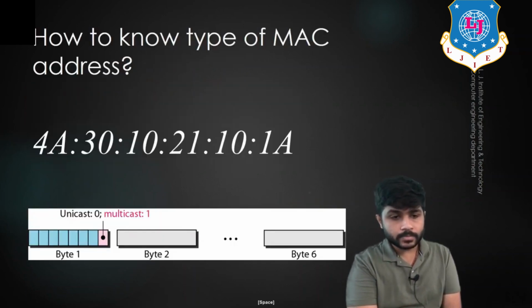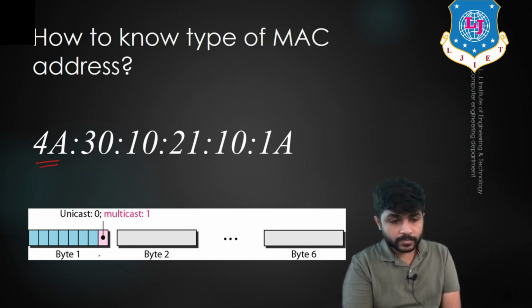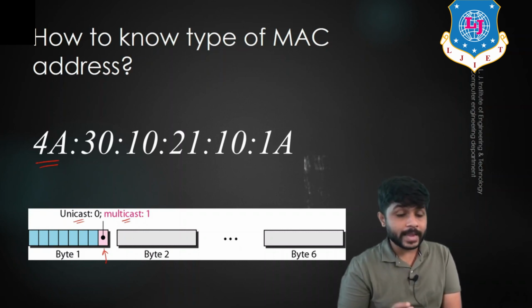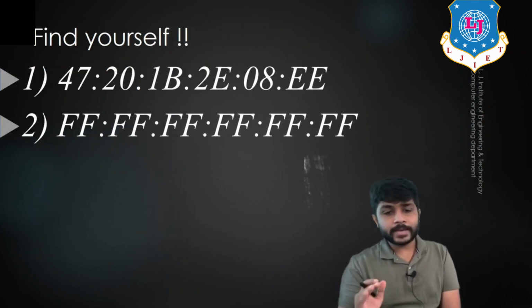Let's see. In the first byte of the MAC address, if the last bit is 0, it means the address is unicast. If the last bit is 1, it means the address is multicast. If in the MAC address all the bits are 1, it means that the MAC address is the broadcast MAC address. And this is the MAC address. You have to find whether it is multicast, unicast or